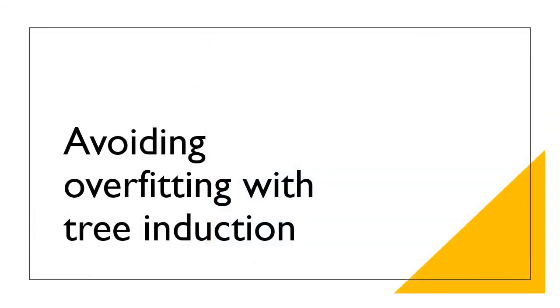The main problem with tree induction is that it will keep growing the tree to fit the training data until it creates pure leaf nodes. This will likely result in large, overly complex trees that overfit the data. We have two options to help solve this problem. First, we could stop growing the tree before it gets too complex. Or second, we can grow the tree until it is too large, but then prune it back, reducing its size, and therefore its complexity.